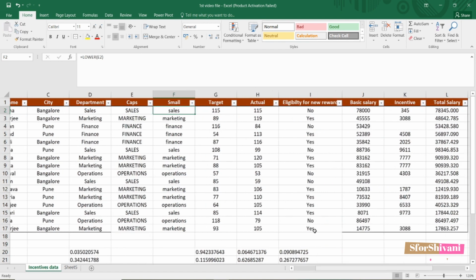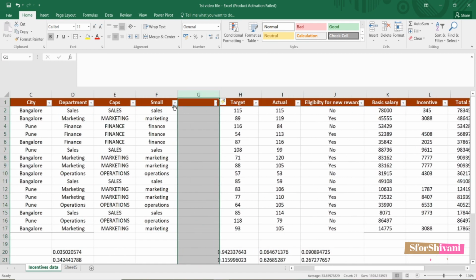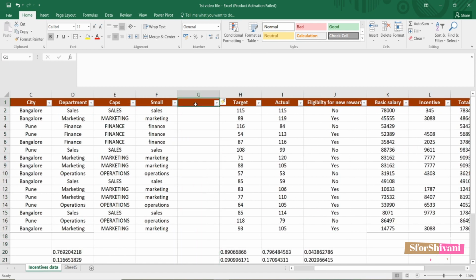Now let's say if I want to assign a code with, let's say, the first letter of the department. So for example, sales should be denoted by S, marketing with M. So what I can do is use the left function. Now left function says I have to select the text first, which is this, and the number of characters.